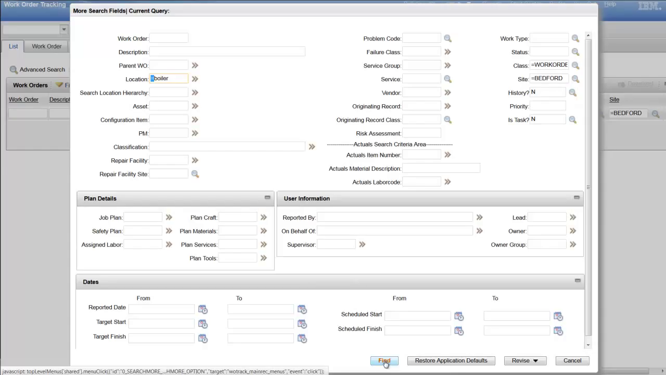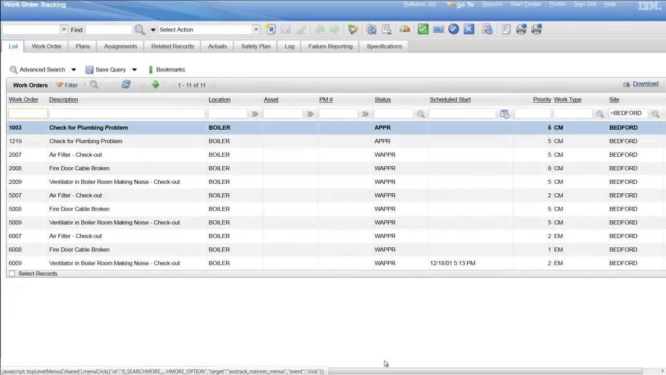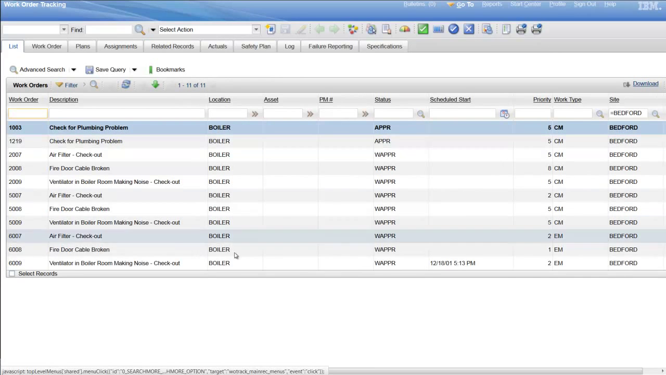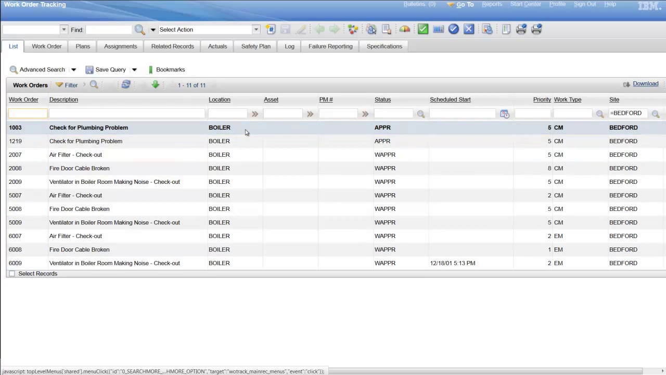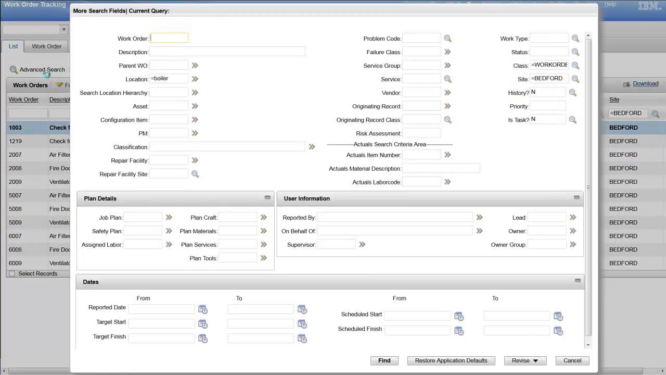So I'll go ahead, hit find, and that will give me records, looks like 11 work orders, only for those specifically at the boiler. But in a case where I want to instead leverage the hierarchy, first I'll restore my application defaults. That'll clear out my other fields and leave my default fields, class, site, history flag, and its task being the